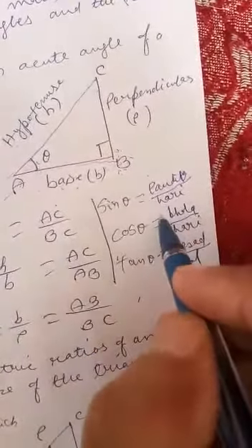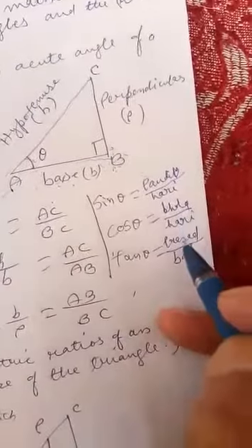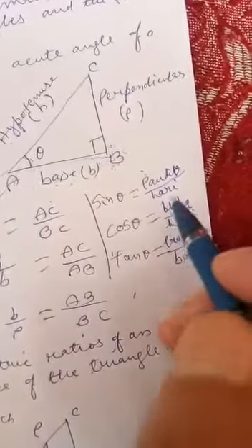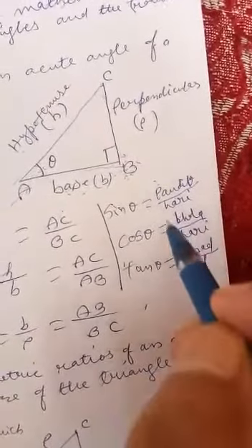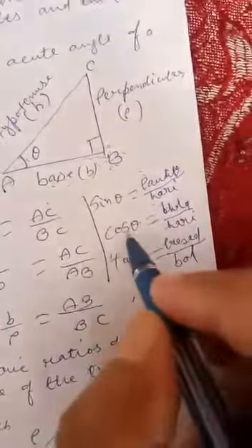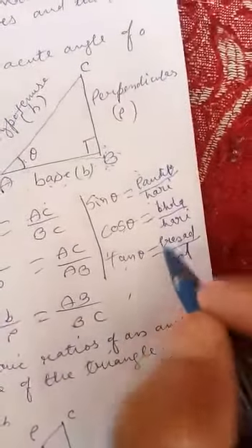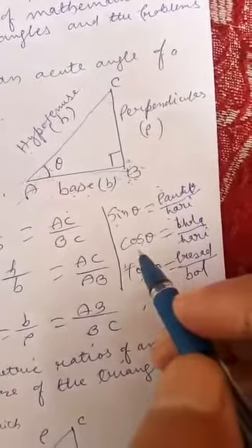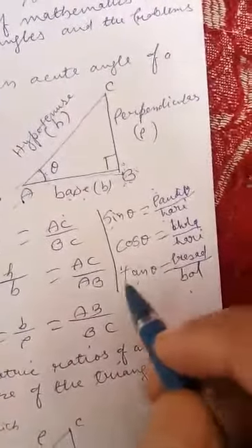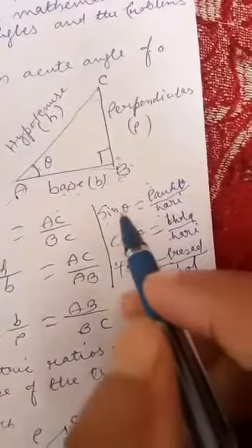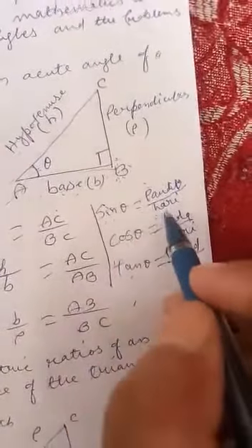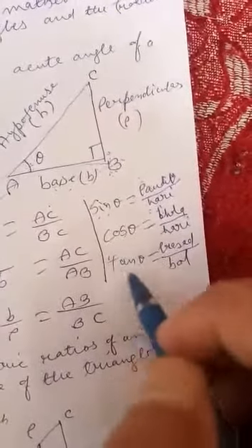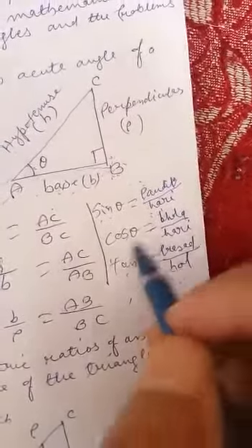Pandit Bhola Prasad you take as numerator, and Hari Hari Bol as denominator. Pandit P by H, sin theta; Bhola B by H, cos theta; and Prasad P by B, tan theta. And just opposite of sin theta happens cosec theta, just opposite to cos theta there is sec theta, and just opposite to tan theta there is cot theta. So sin theta is equal to P by H, cosec theta is equal to H by P, cos theta is equal to B by H, sec theta is equal to H by B, tan theta is equal to P by B, and cot theta is equal to B by P.